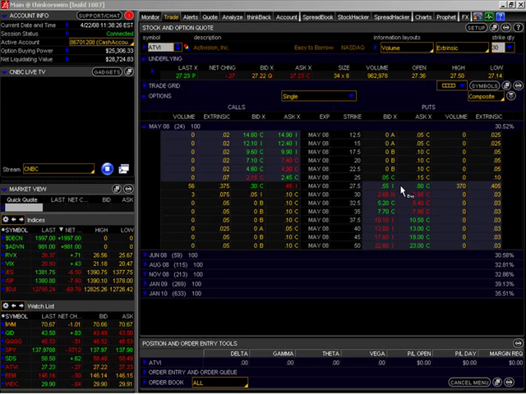Because there are only two absolute rules of the option markets. Those two absolute rules are, number one, prices will fluctuate. Yes, the underlying price of the stock will fluctuate and the individual option prices will fluctuate. Number two, the only other absolute rule of the option market is that these contracts will expire. Any option contract that you buy on any stock will expire at a certain date in the future.